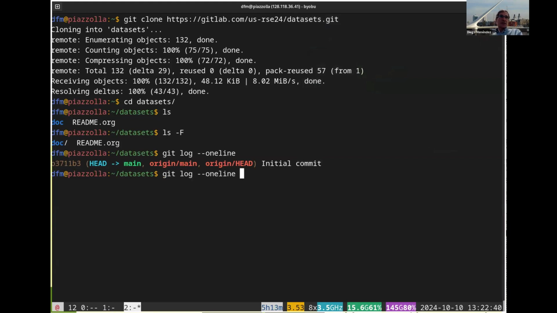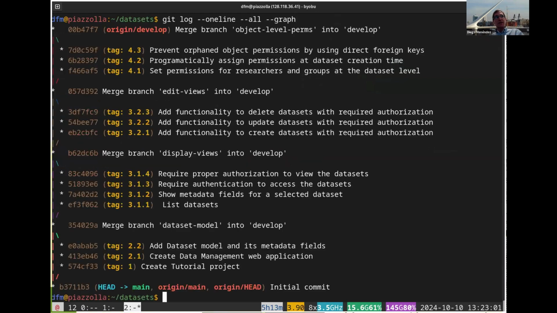If I want to see not just the commit that I have in my local repository, but all the possible commits, I will do all. And if I want a nicer look, I will also do graph. So that's all the commits that we will go through in this tutorial. I think we are doing okay with time. So let's go ahead and check out